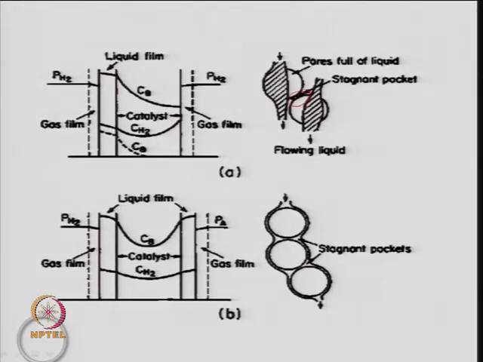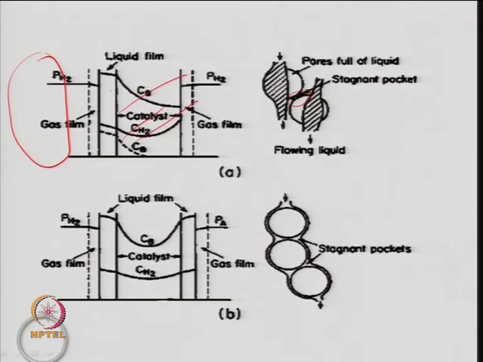Liquid comes in the form of droplets or rivulets like this, and in between two solid particles you have the liquid. You can see here, suppose, the hydrogen gas. This is the bulk gas here, the hydrogen, and then there is a gas film. The liquid is covered by a film of gas, and you will have a gradient from here to here. So, transport is from this gas film to the liquid film, and then from the liquid film it will transfer to the surface, where there is a solid catalyst. This zone is your catalyst, something like this.